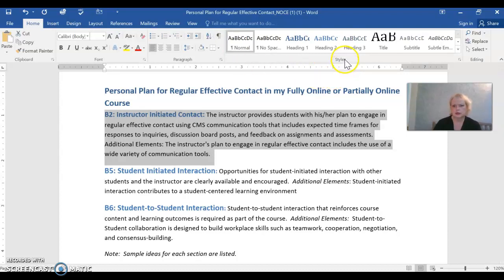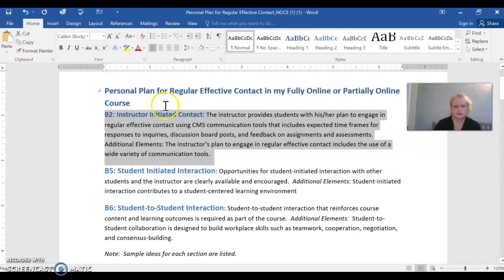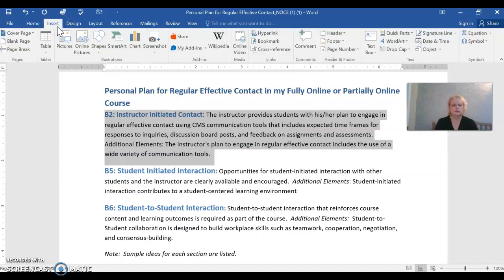So next up, the style section. I don't really use this that much, but obviously you can click on the different styles, and your paragraph will look different. So it's a little bit about the Home tab. So if we look at the Insert tab,